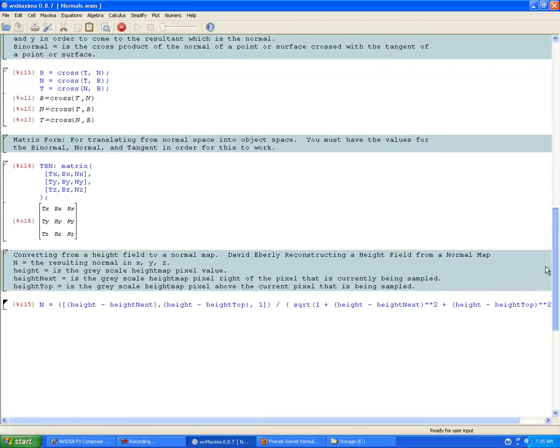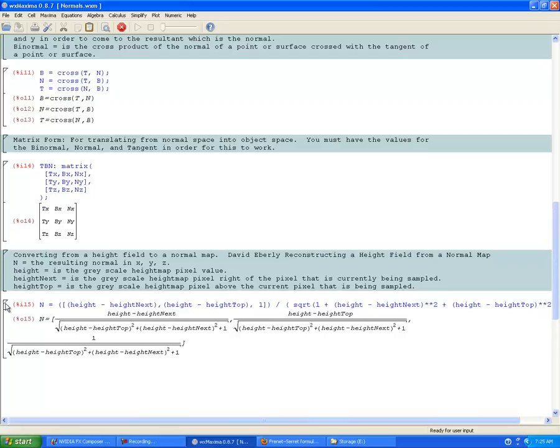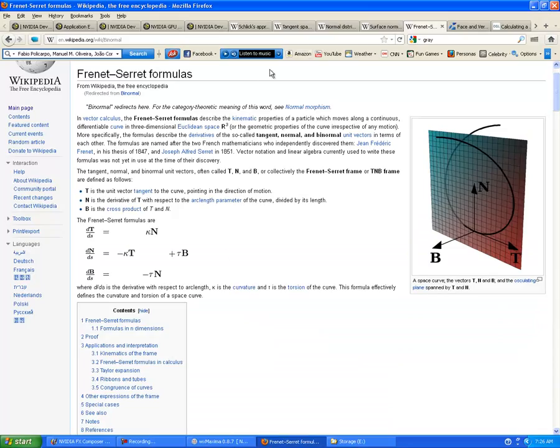So pretty simple. One other algorithm we want to be aware of. Let's just cover it here real quick. So converting from a height field to a normal map. And this is by David Eberly, which I showed off earlier, reconstructing the height field from a normal map. If you remember right,